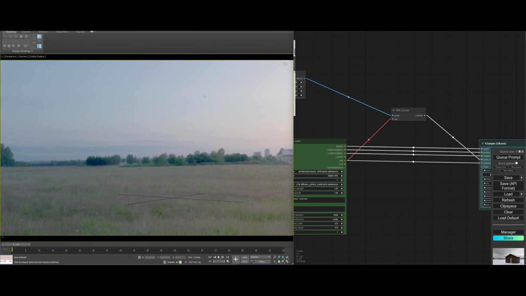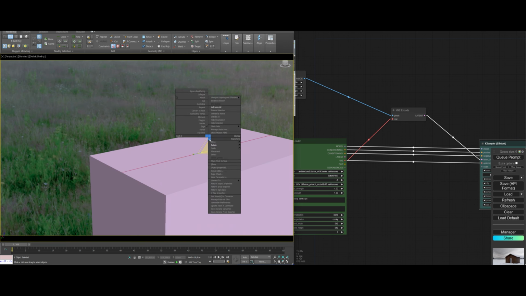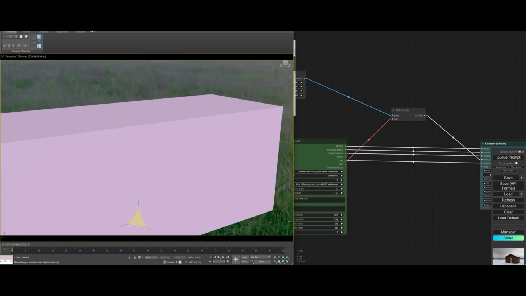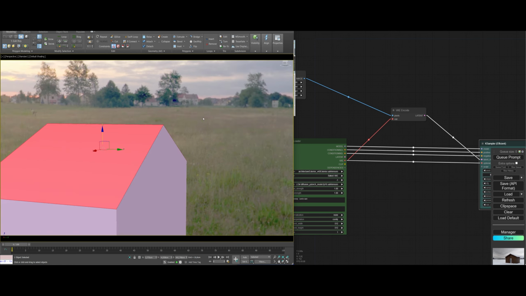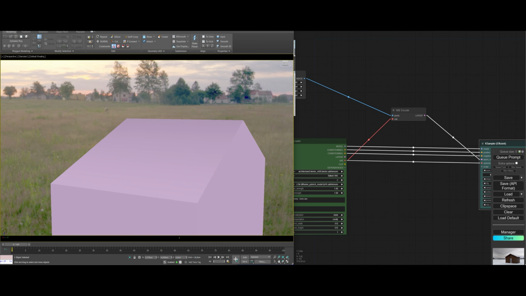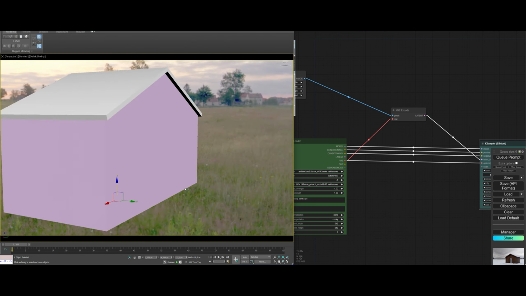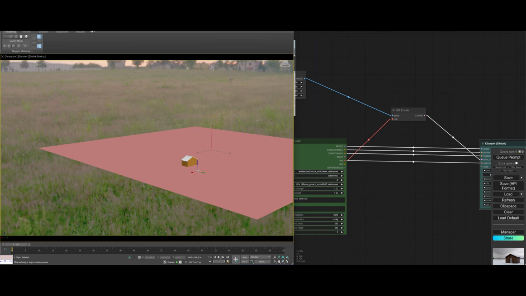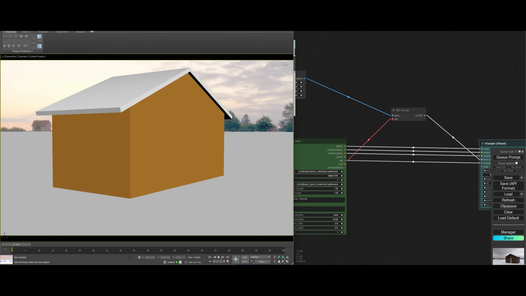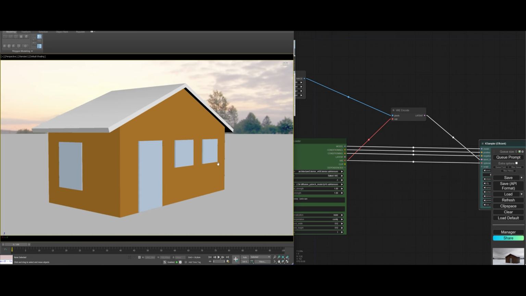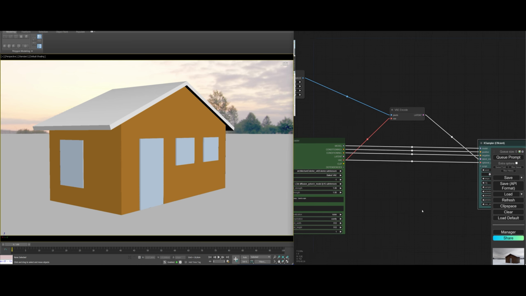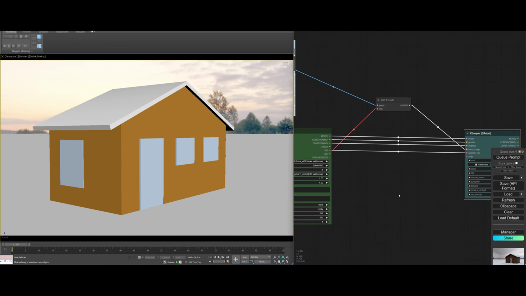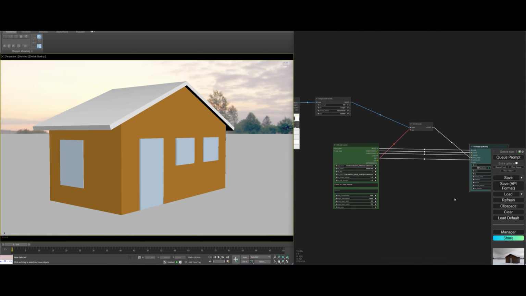And I'm going to build that very quickly in 3D Studio Max. So here is a basic model of a house on a snowy landscape, and we can already use the prompt in order to see what we get